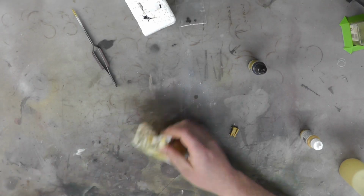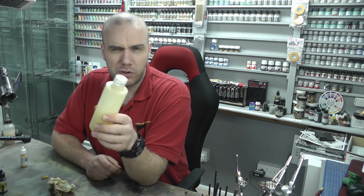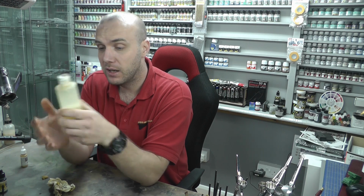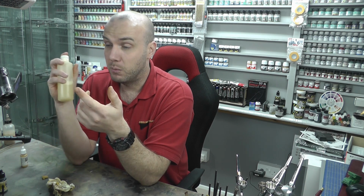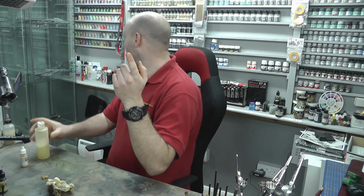The other thing is airbrush cleaner. This is the homebrew airbrush cleaner, which is basically IPA, water and ammonia. If you don't want to use ammonia and you just want to clean your airbrush out, Vallejo does a really nice airbrush cleaner. Not only that, I have found